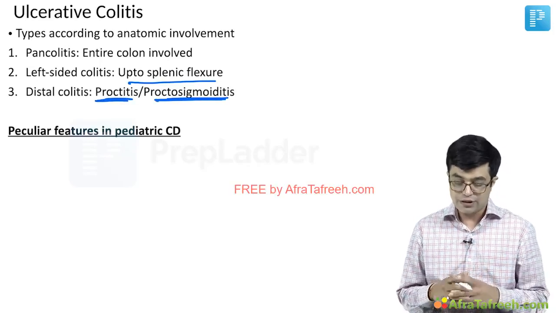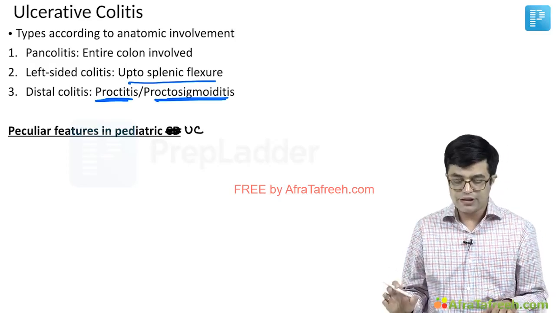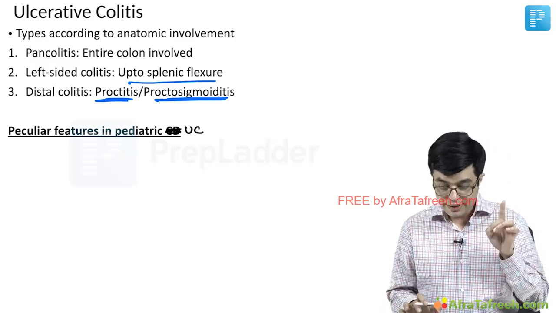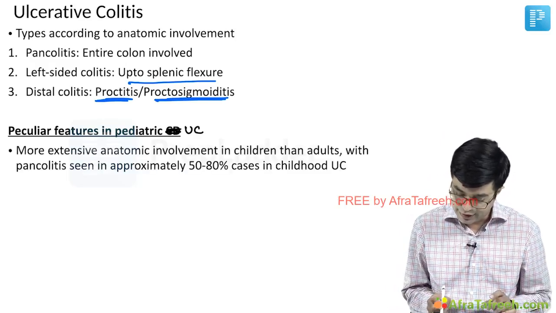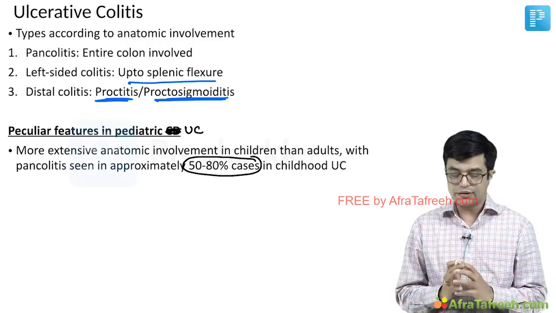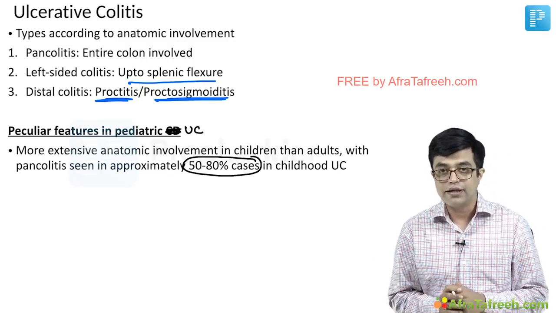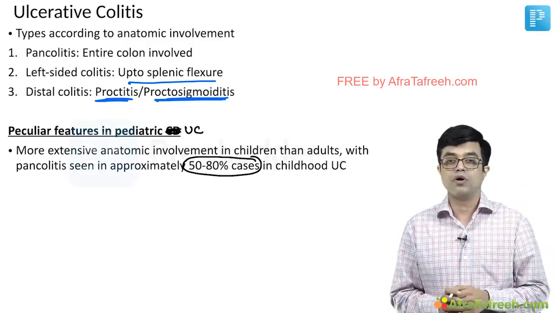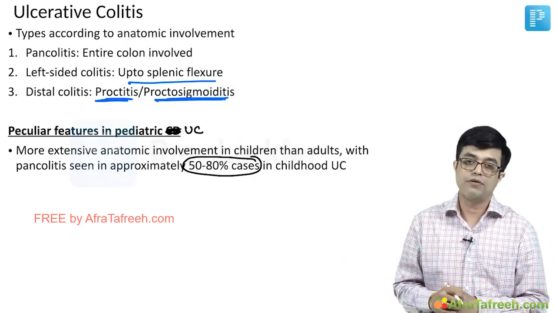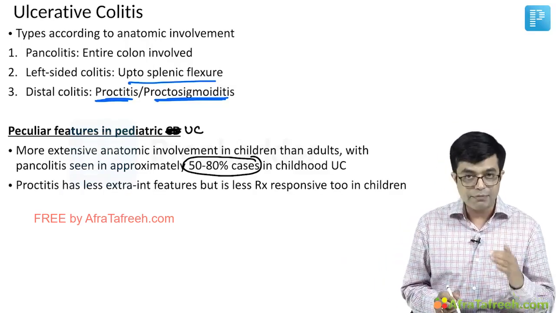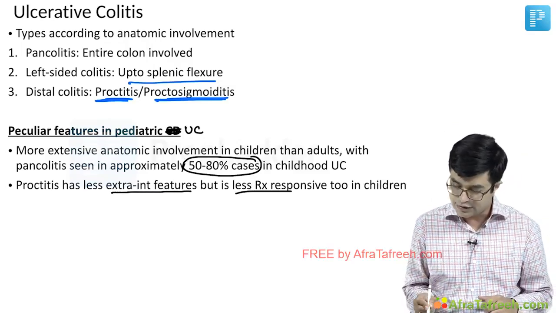Now, what are the peculiar features in pediatric ulcerative colitis? The peculiar features include, in case of children, you find that pancolitis is seen in 50 to 80% cases, more extensive anatomical involvement, right? In case of adults, it is the proctocolitis which is more common. In children, pancolitis is more common, so obviously the disease will be more severe. Proctitis, if it happens, has fewer extraintestinal features, but it is also less responsive to